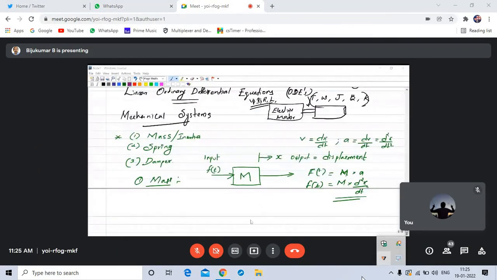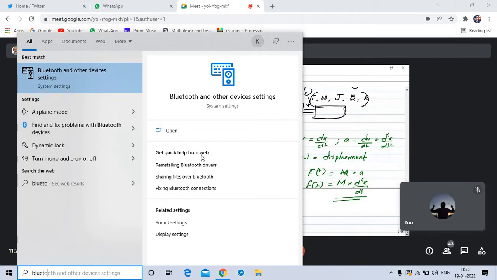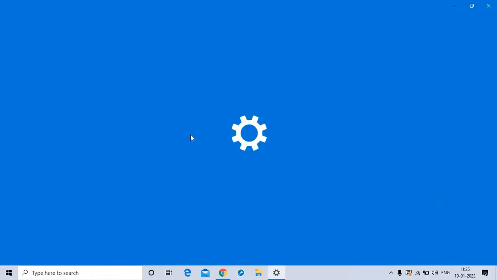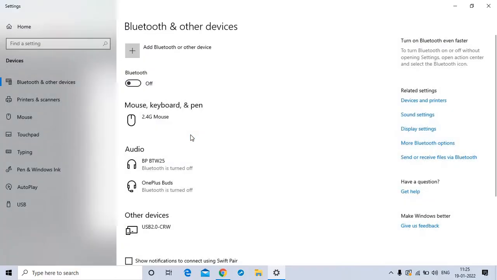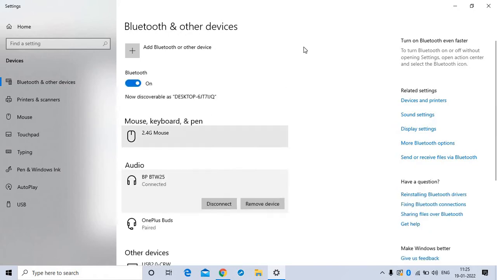We are discussing the mathematical modeling of physical systems. In that, we are now discussing mechanical systems. Mechanical systems can be modeled using three ideal elements: one is mass, the second is spring, and the other is damper. For a mass element, the governing equation is, if you are applying a